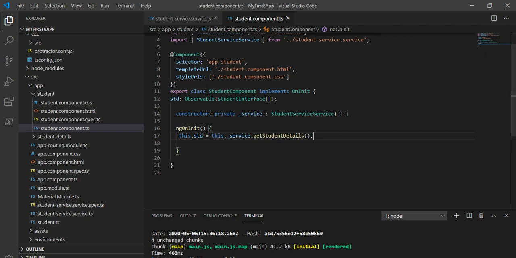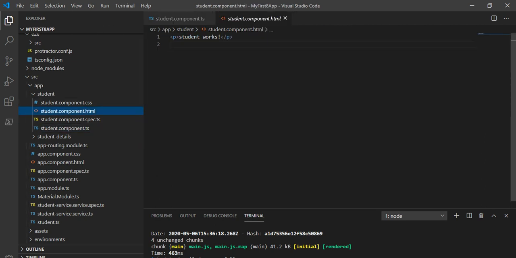Now next thing what I will do, I will go to the student HTML page, and inside this I am going to define the student information.